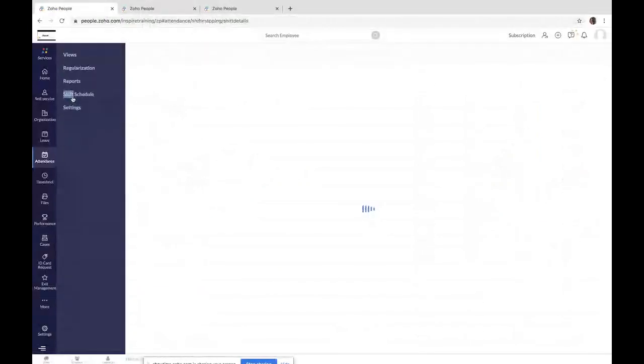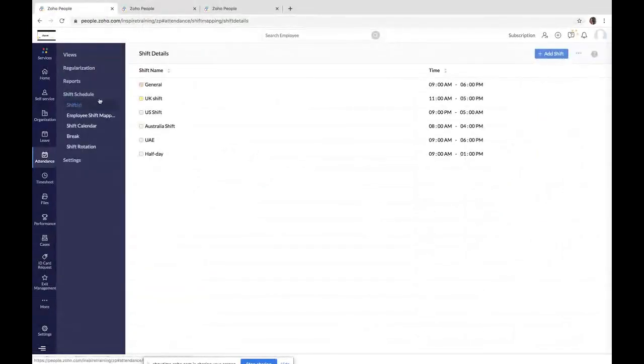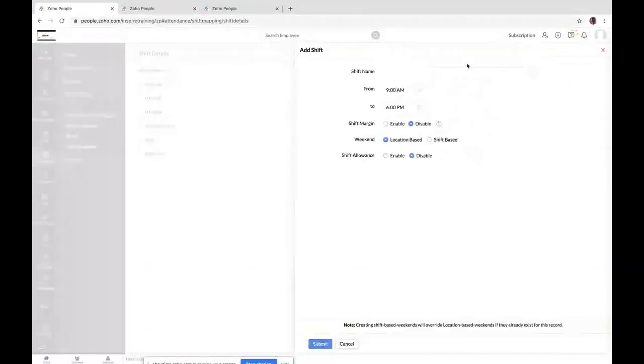So you can click on this shift schedule, where you would find the shift details here. You can click on add shift. You can give a specific name to the shift and any color code. You will be able to use this color code in order to differentiate while configuring a shift to a respective user using the shift calendar, the exact from time and the to time of this particular shift. So in this case, say 9 a.m. to 6 p.m. is my shift.